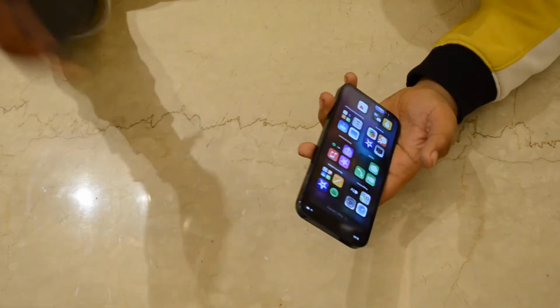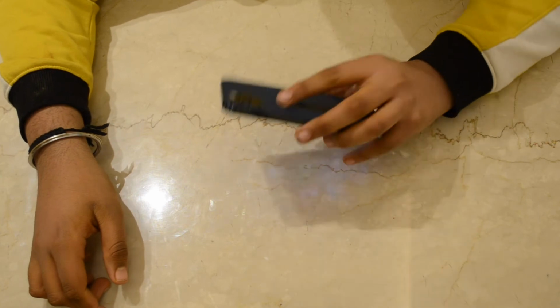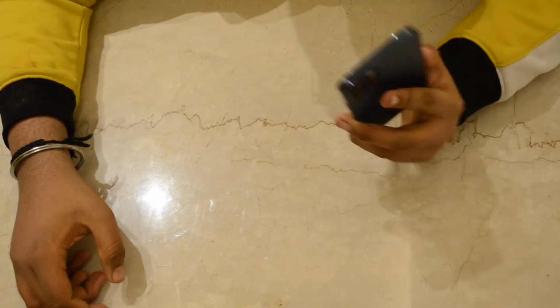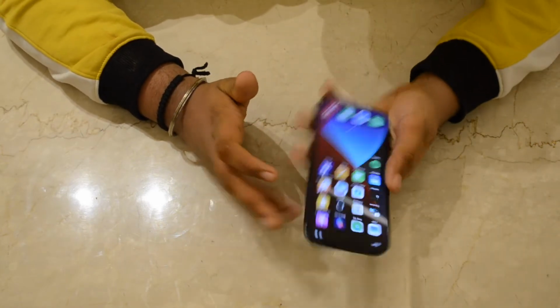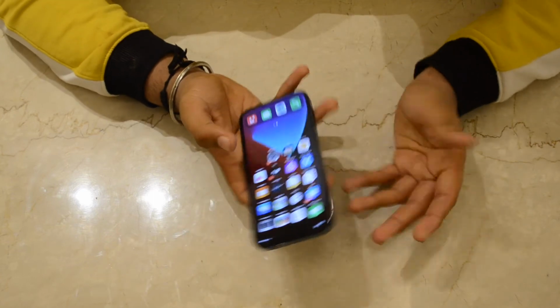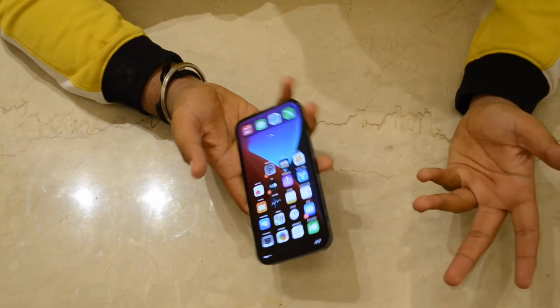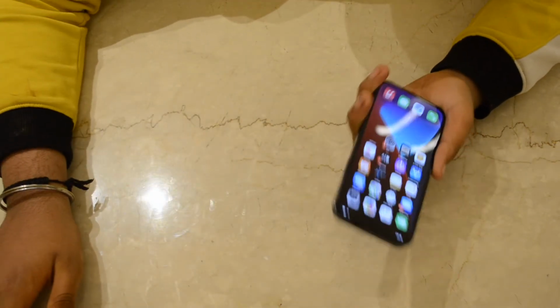But it still is a good phone, but I guess this is a newer phone with a newer chip, so it's got a faster touch response. And Apple also agreed to slowing down the old iPhones to preserve battery life. And well, I guess that's a point in the favor of the 12 Pro again,